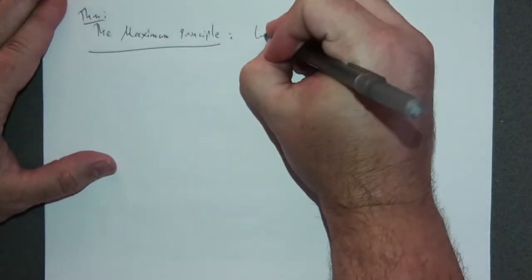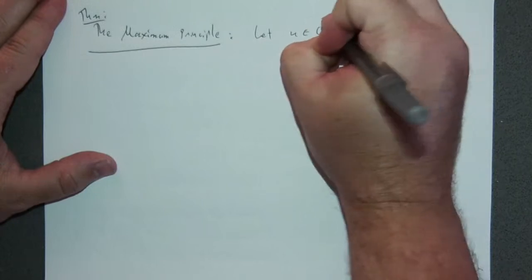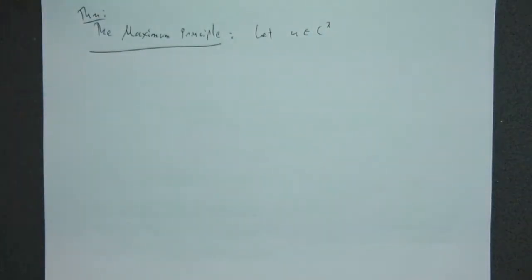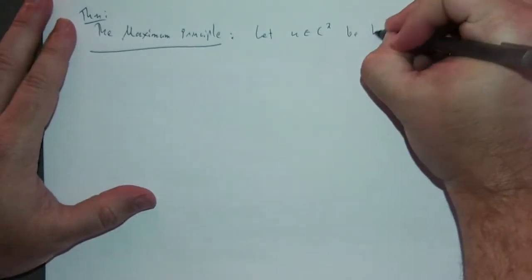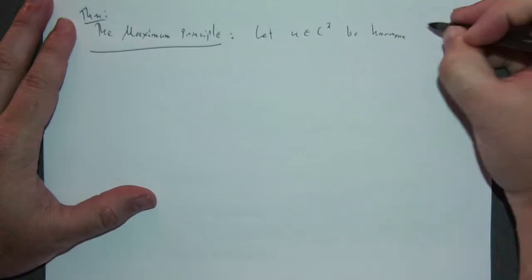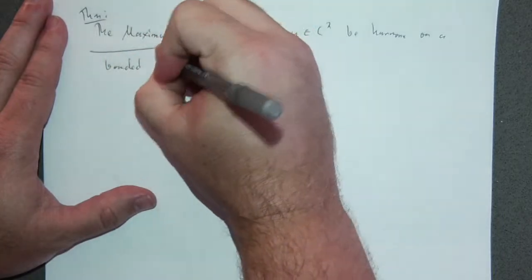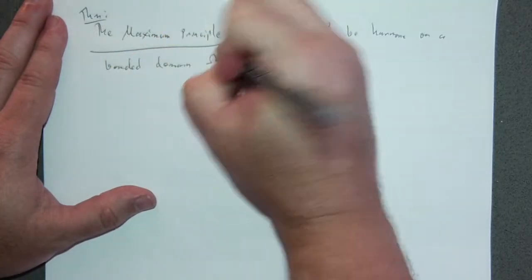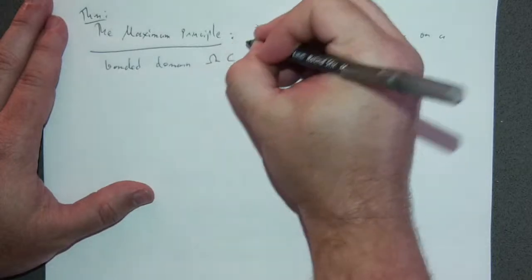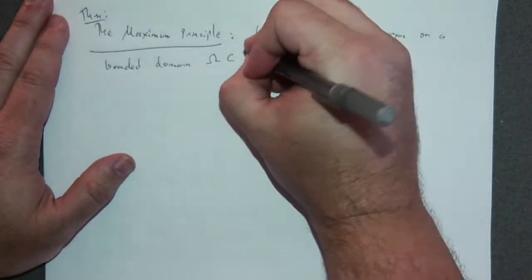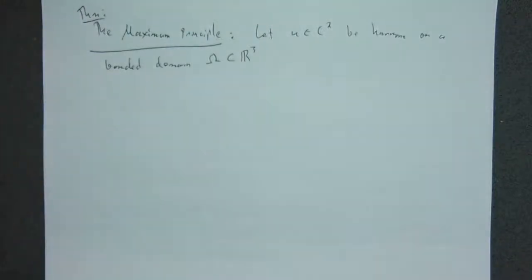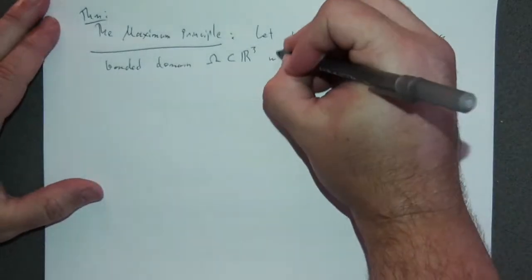So let U be a C2 harmonic function on a bounded domain omega in, we'll say R3, although we could state this for any dimension 2 or bigger if we wanted to,